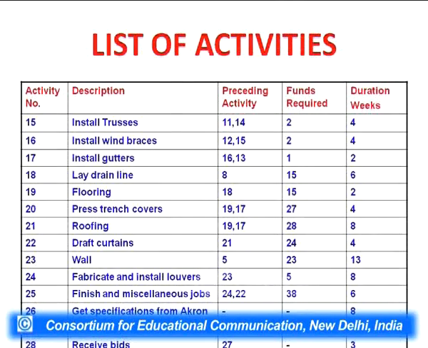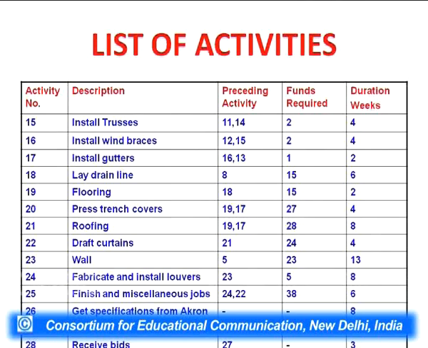In this table, there are 5 columns. The first column is the activity number. The second column is the description of that particular activity. The third column shows us the list of preceding activities. It gives us the successor, predecessor relation.